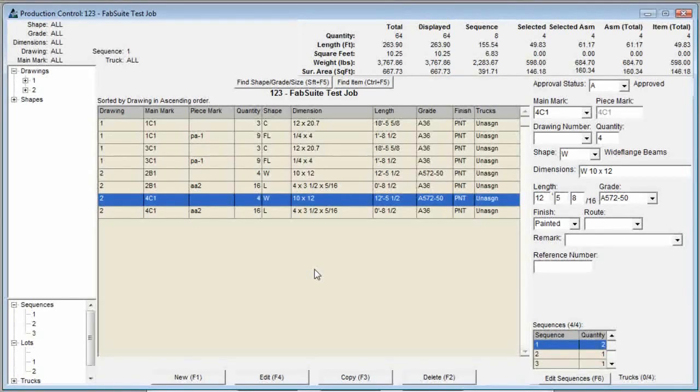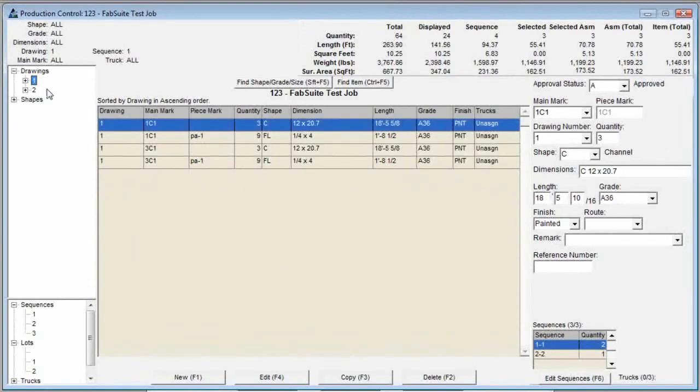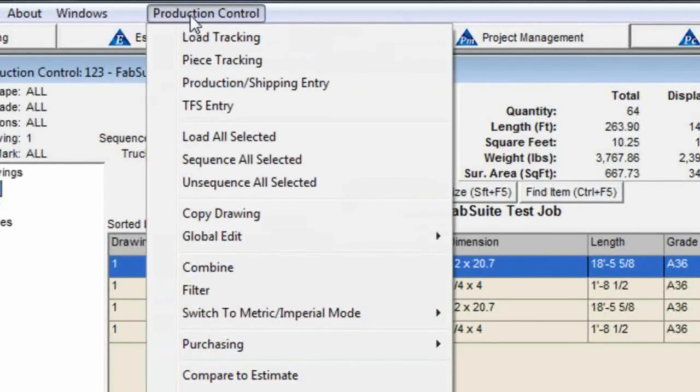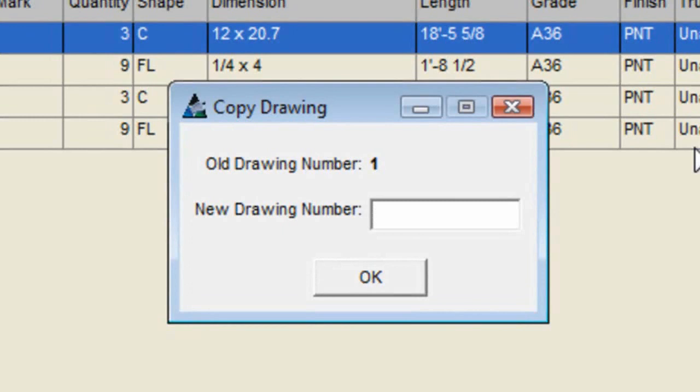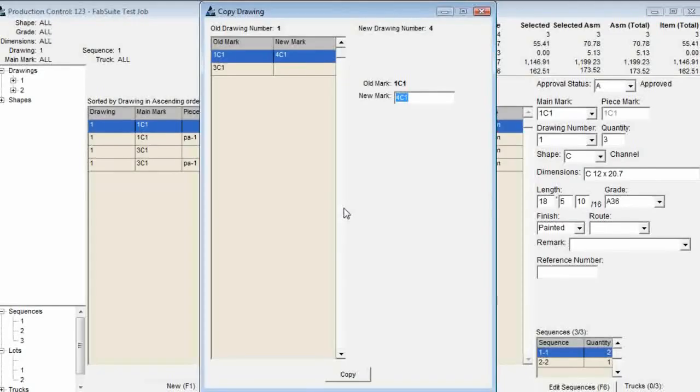To copy a shop drawing for the current job, click on the drawing number in the category tree. Let's select Drawing 1. From the Production Control drop-down menu, select Copy Drawing. The Copy Drawing window appears. Enter the new drawing number and click OK. A second Copy Drawing window will appear, showing the old mark and the new mark. The new mark will default to a number